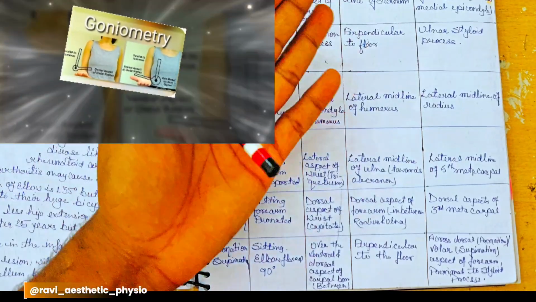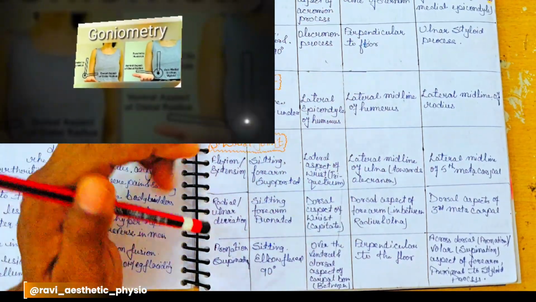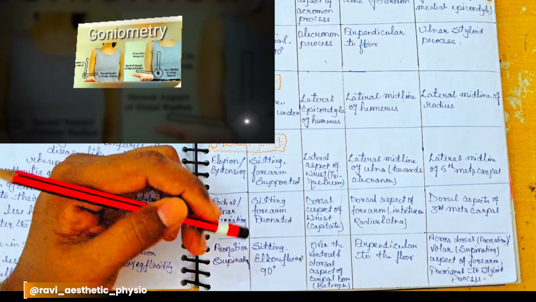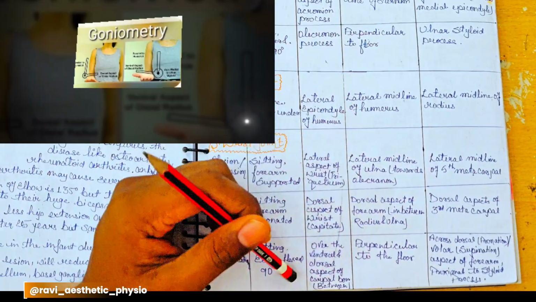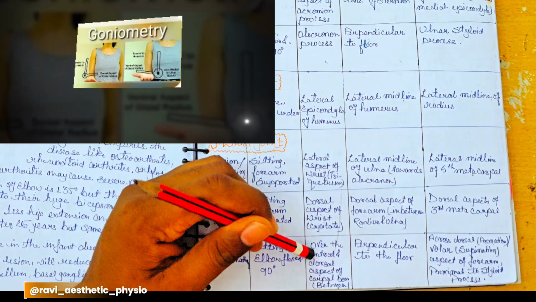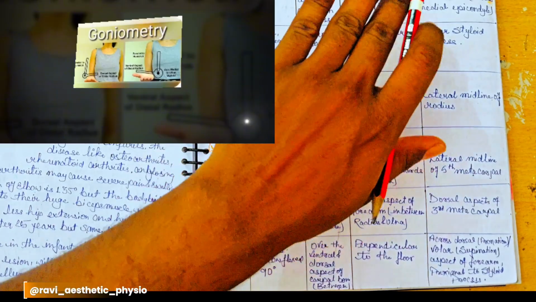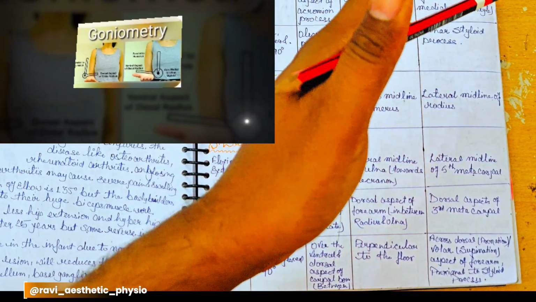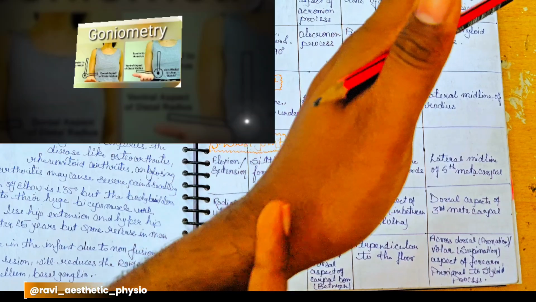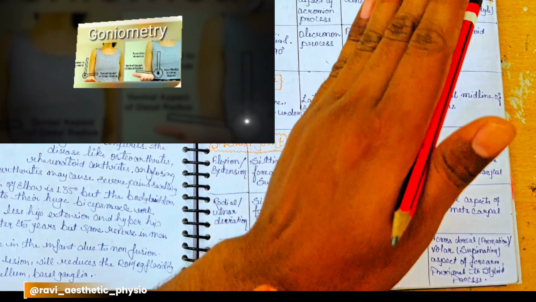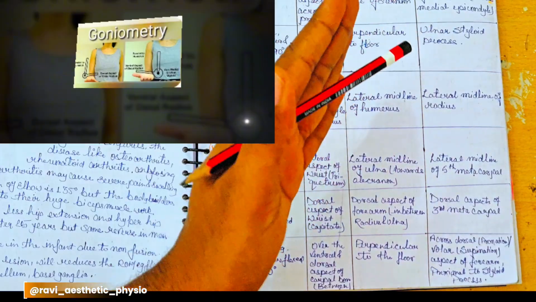Pronation and supination. You have to measure pronation and supination in the sitting position. The elbow is at 90 degrees and the fulcrum is placed over the dorsal aspect of the carpal bone. It means you have to check with the hand in a neutral position, and the fulcrum is placed in between, over the dorsal aspect of the carpal bone, which is here, and also the stationary arm